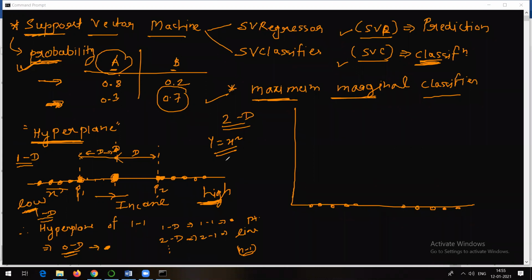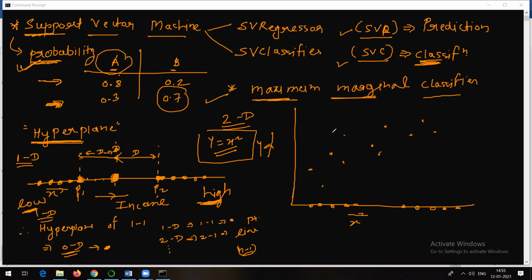Now we want to convert it to 2D, so just introduce a y-axis here, right? And this was your x-axis. So maybe y is equal to x square. Suppose after taking the square you got this kind of points, something like this. Just imagine you have these points. So now your data is two-dimensional. You have an x-axis and you have a y-axis. So you have two dimensions now. So we introduced the y-axis here.